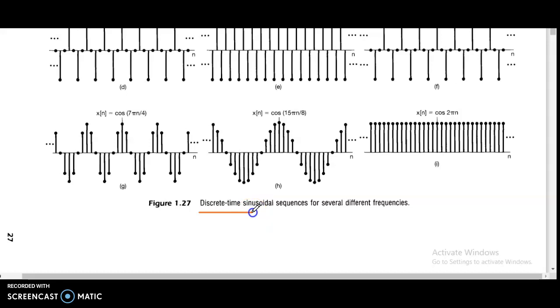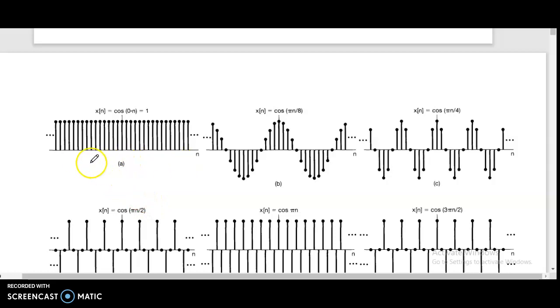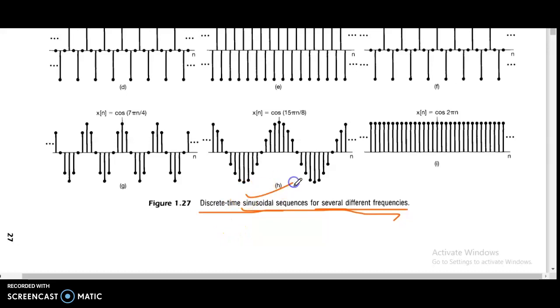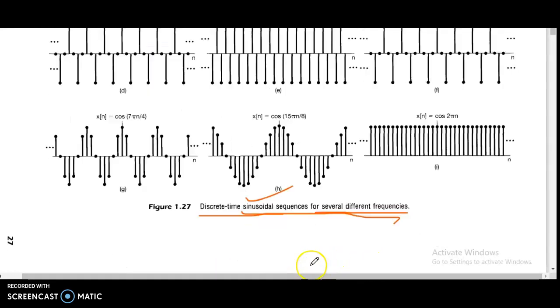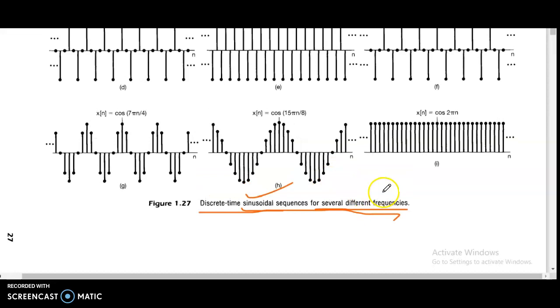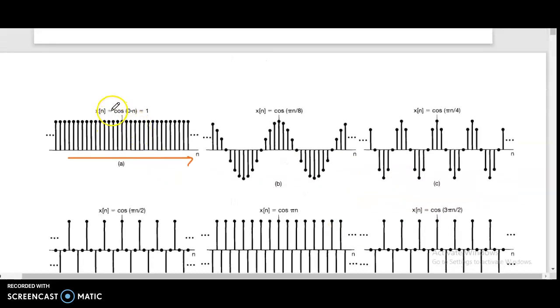Discrete time sinusoidal sequences for several different frequencies. All are sinusoidal sequences in discrete time for several different frequencies. For example, discrete time sinusoidal sequences, several different frequencies. This frequency, x of n equal to cos of